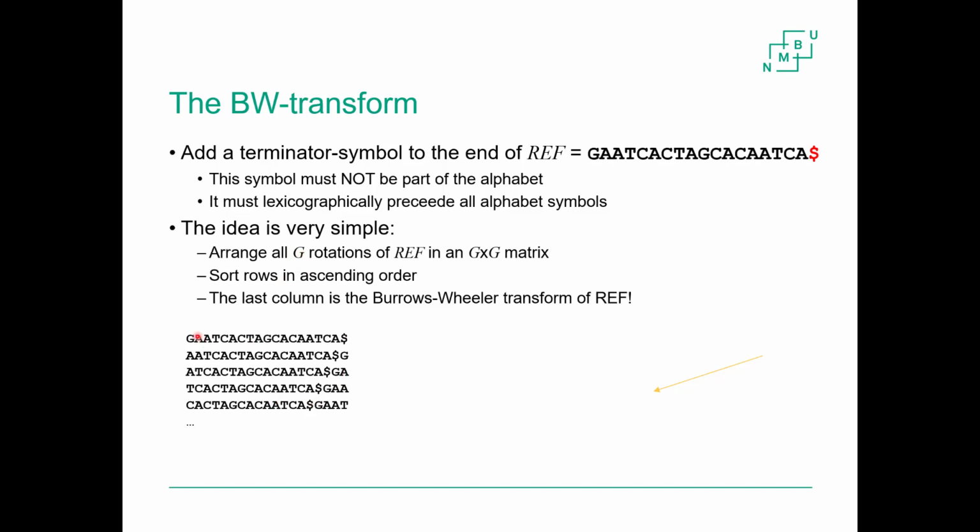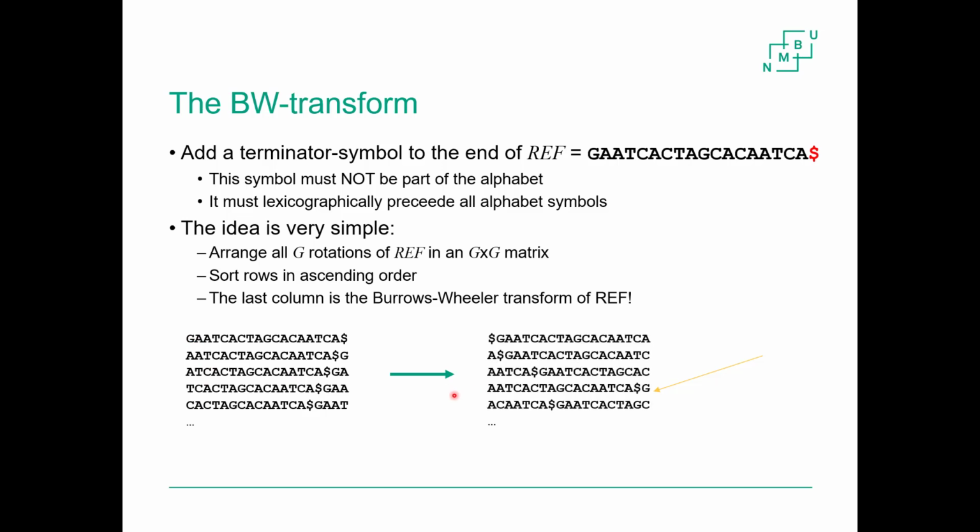Then we sort these rows here in alphabetical order. So it's actually the same rows, but they have just been given a different ordering. And then, of course, the one starting with the dollar comes first, right? Because of this requirement up here. And then, of course, all the rows starting with an A, and of those, A dollar is the first, and then AA, right? And so on. And then you have all the rows starting with a C, and then all those with a G and T